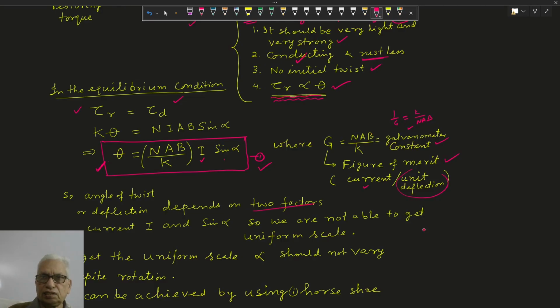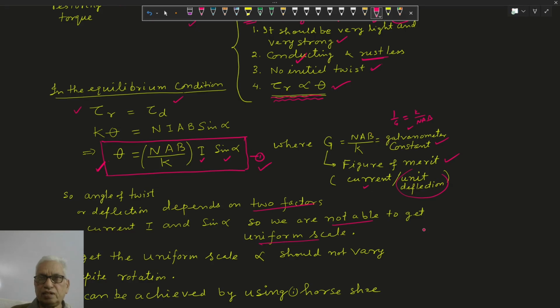One is I, other is sin alpha. यहाँ पे एक पे डिपेंडेंसी नहीं है, एक से ज्यादा पर तो आपको यूनिफॉर्म स्केल नहीं मिलेगा. यूनिफॉर्म स्केल कब मिलेगा? When sin alpha is हटा दें. ऐसे तो नहीं हटेगा, because the coil rotates, plane of the coil also rotates,